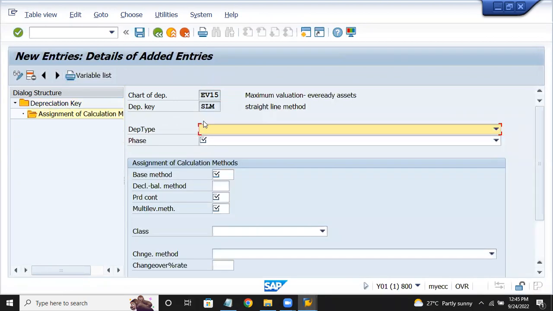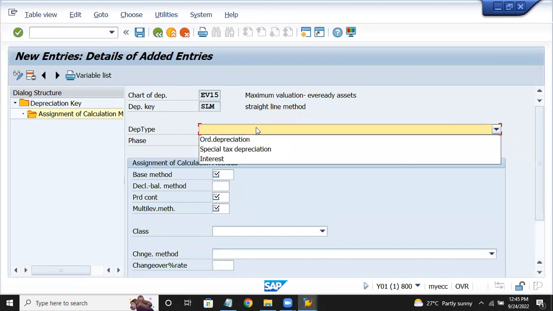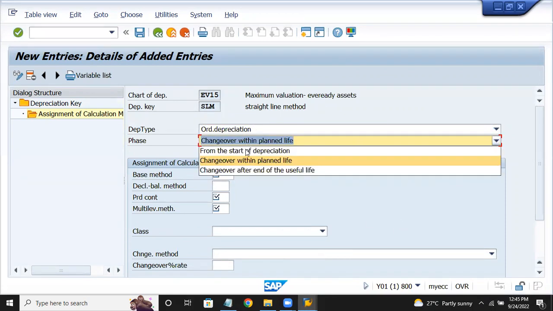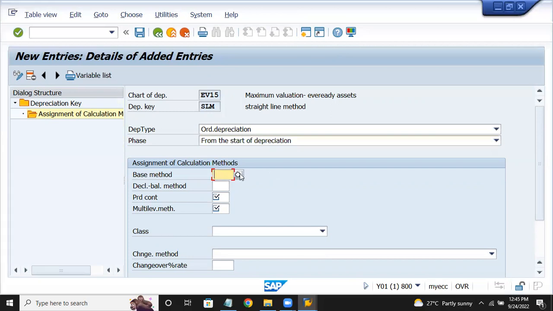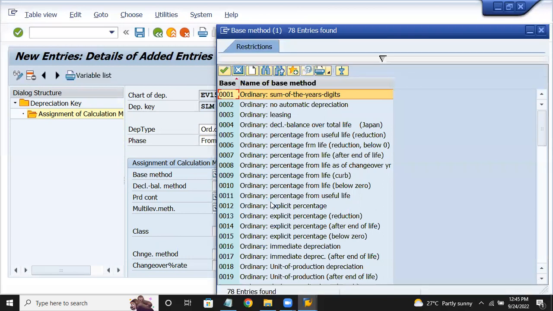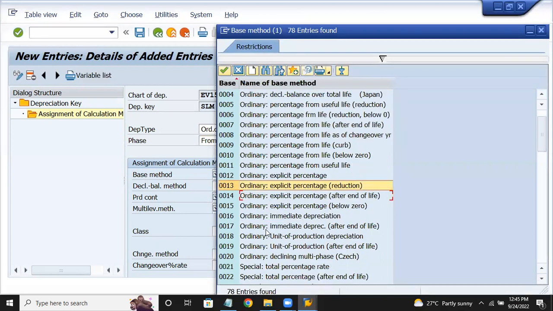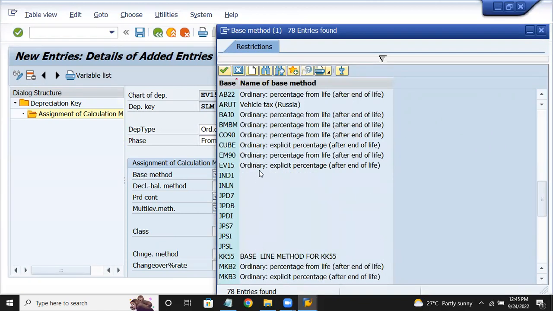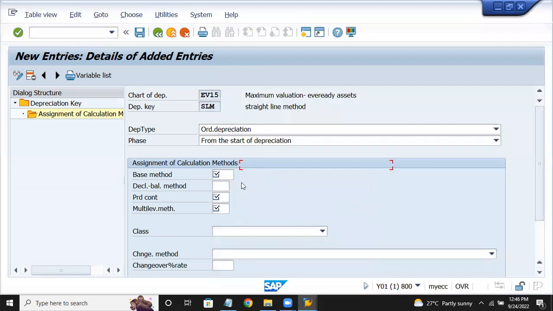New entries. Depreciation type, ordinary depreciation. Phase, from start of depreciation. Now base method. So you created base method now. You have to hit F4 and select your base method what you created. So we selected our EV15, declining balance method,